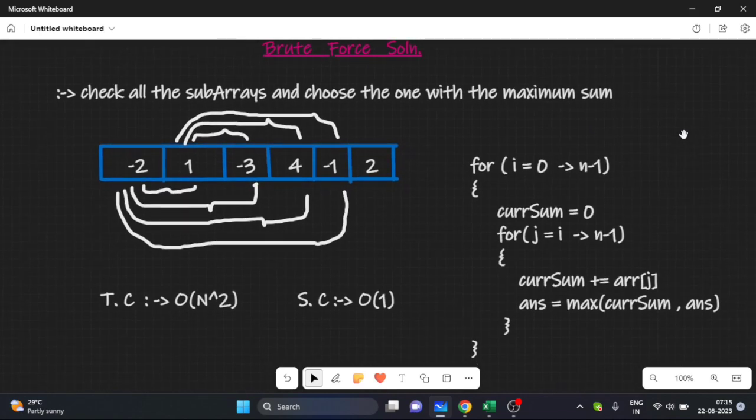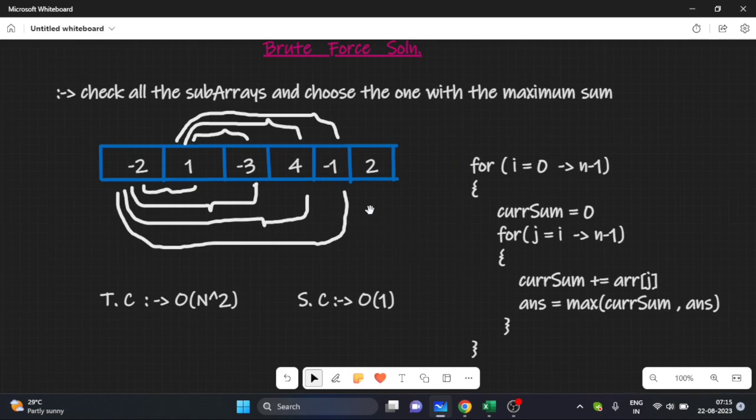Okay, as you are going through these subarrays, you can declare a variable which will be initially initialized to 0. That variable's name is current sum. As you move ahead in this array, considering the other subarrays, you can simply add that element to your current sum to get the sum of that particular part of the subarray. And at last,